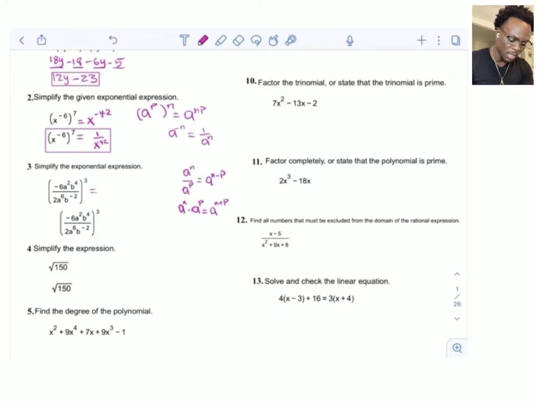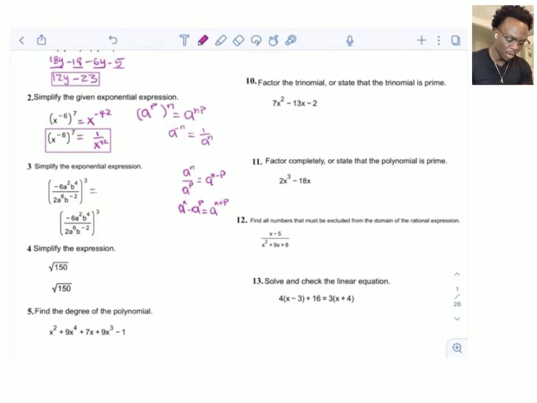Now you need to remember, when you have an expression with a power, then another power on top of it, you multiply the powers. But if you have the same base multiplied, you add the powers. If you have the same base divided, you subtract the powers. Then we're gonna use all three properties